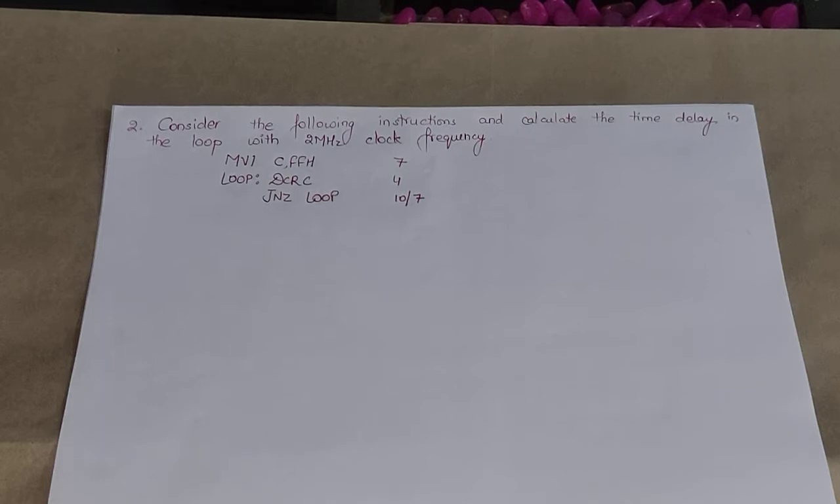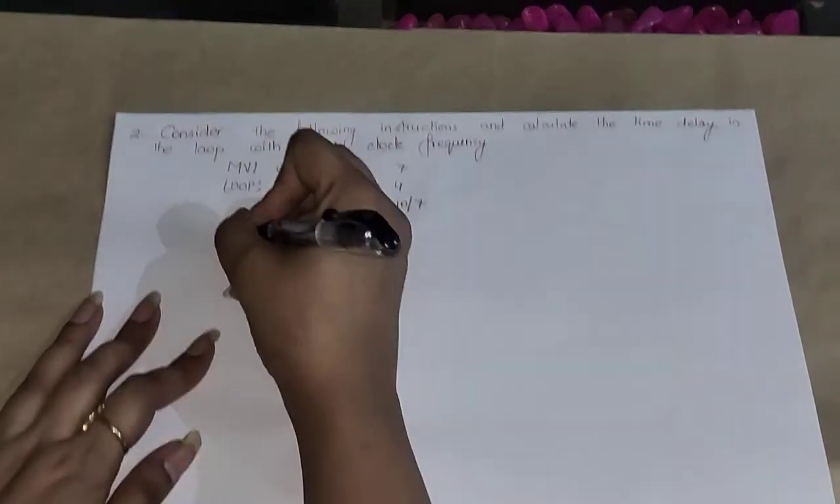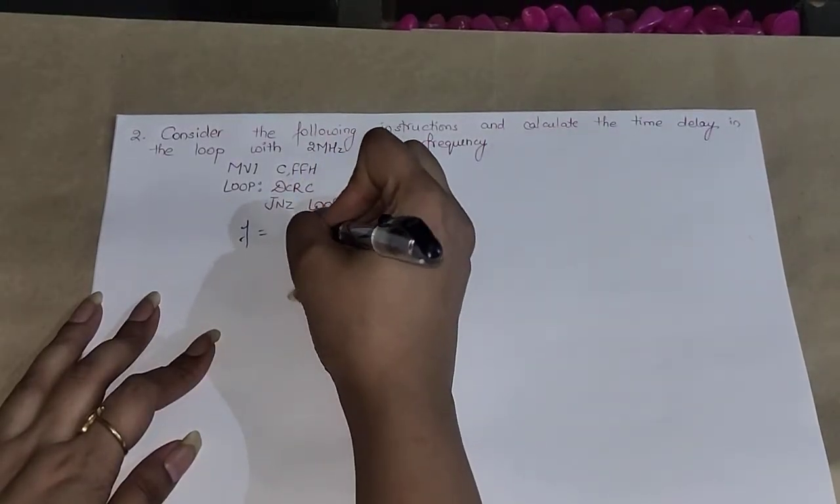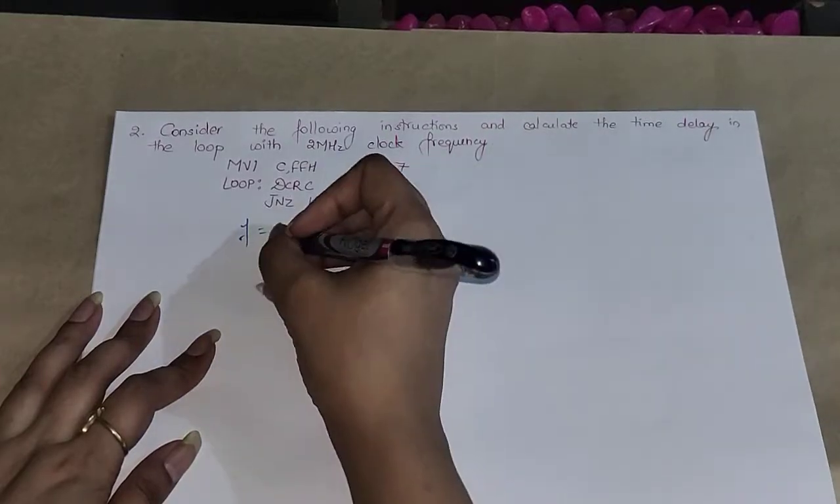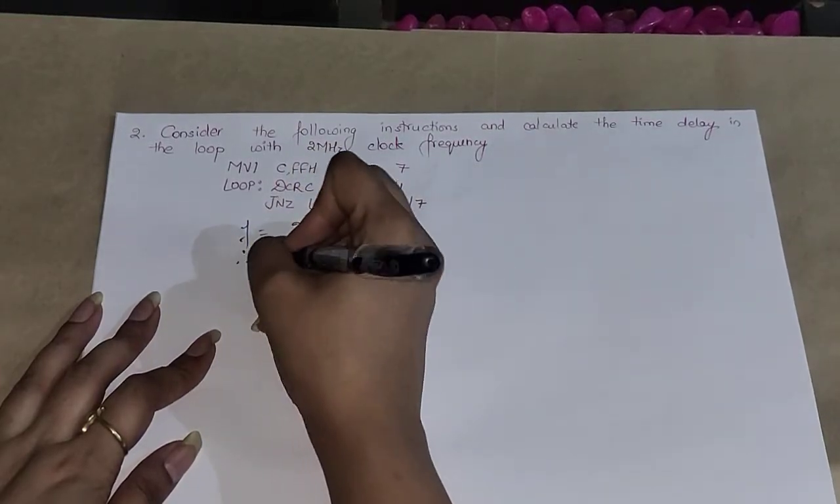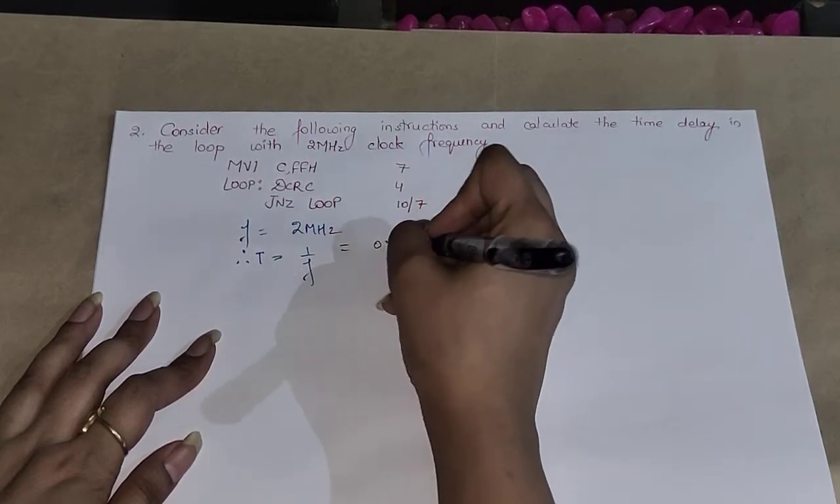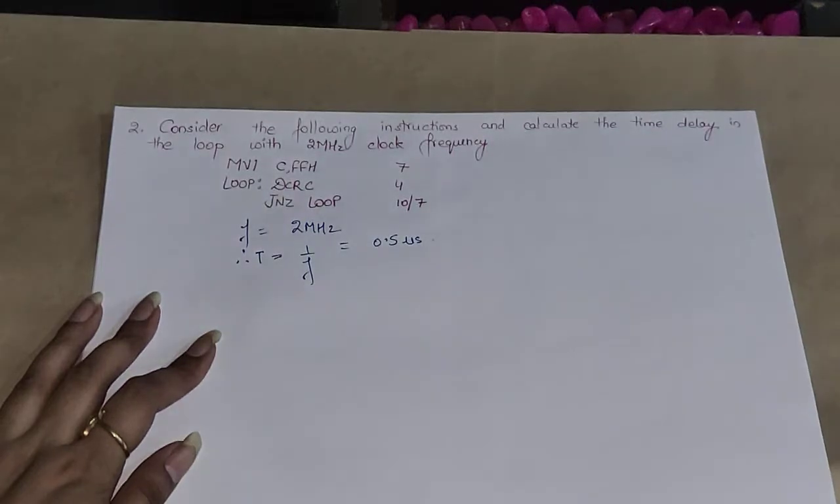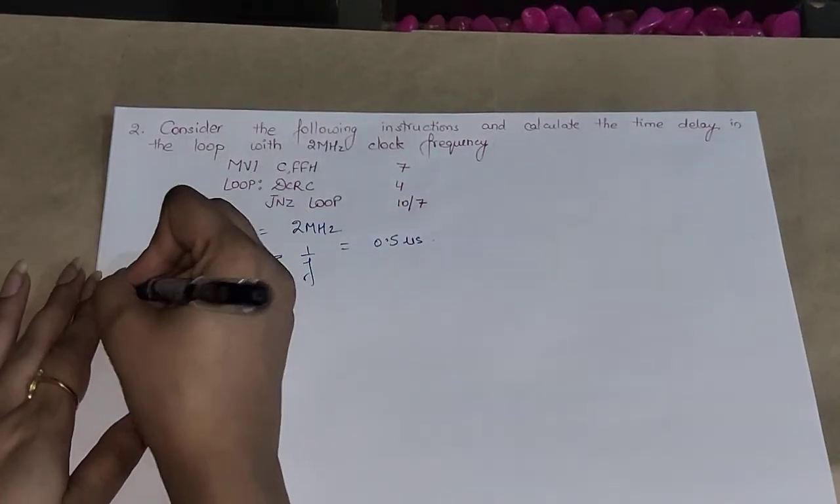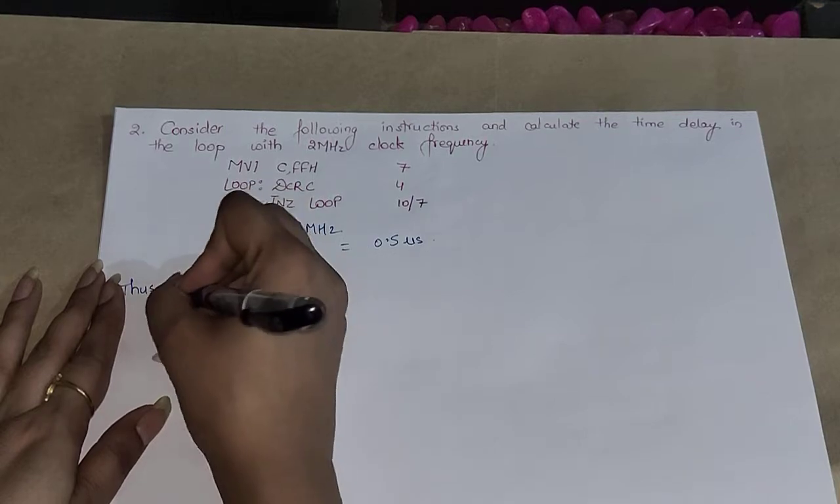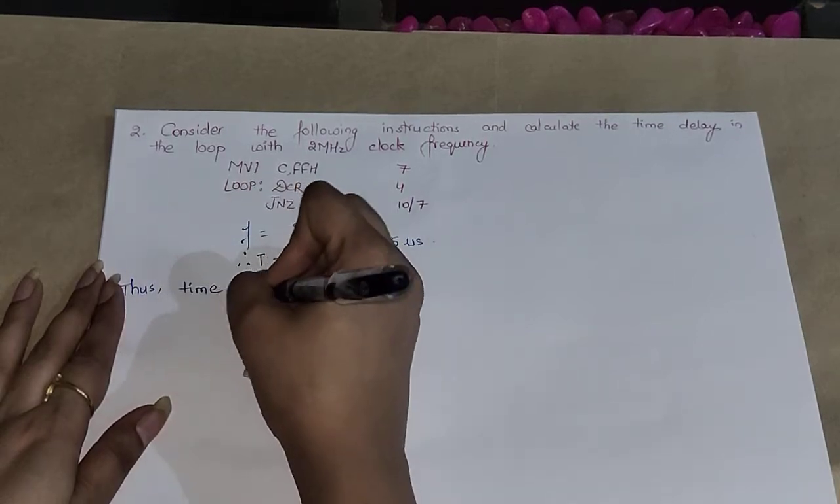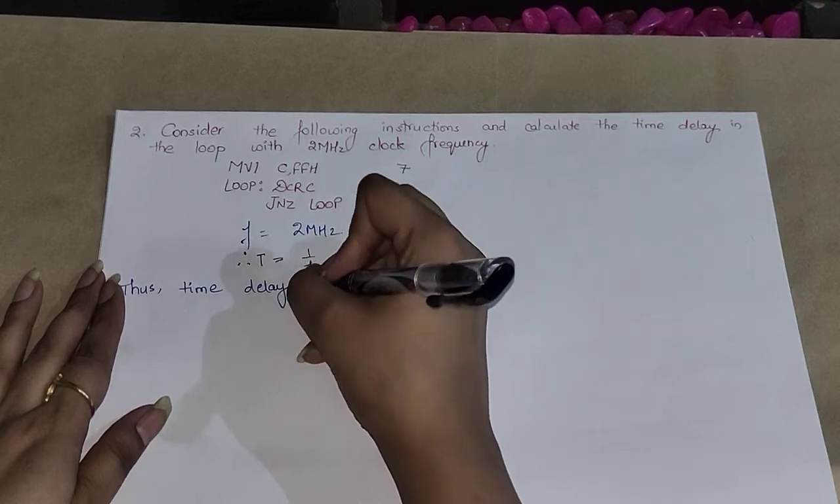Consider the following instructions and calculate the time delay in the loop with 2 megahertz clock frequency. Clock frequency is given to us. F is equal to 2 megahertz, as it was in the previous question. Therefore T is equal to 1 by F, that is 0.5 microseconds. Clear? Now, thus, time delay in the loop,